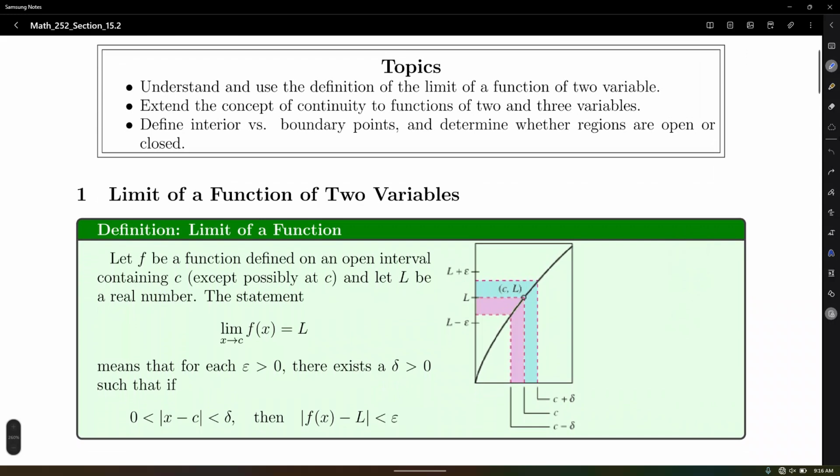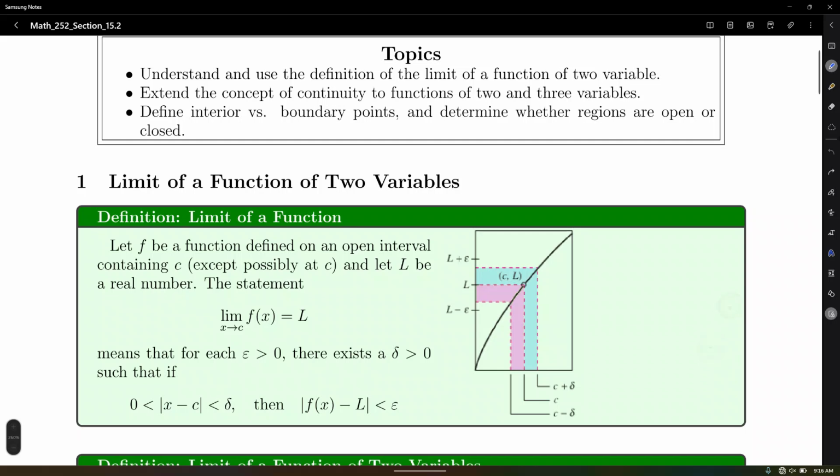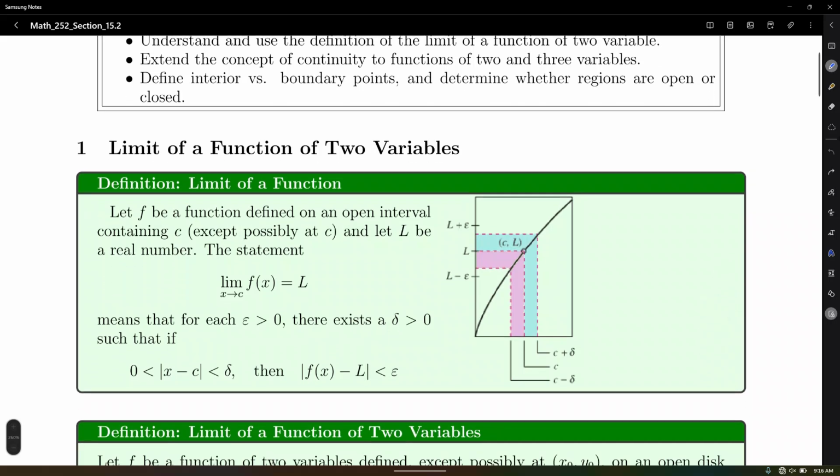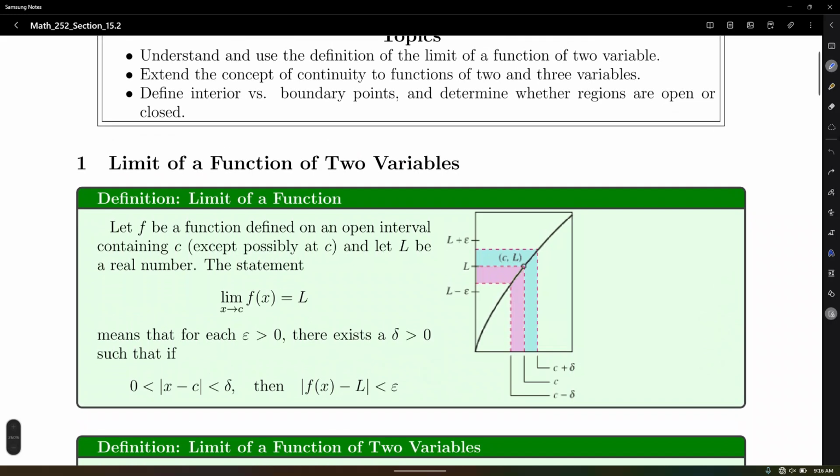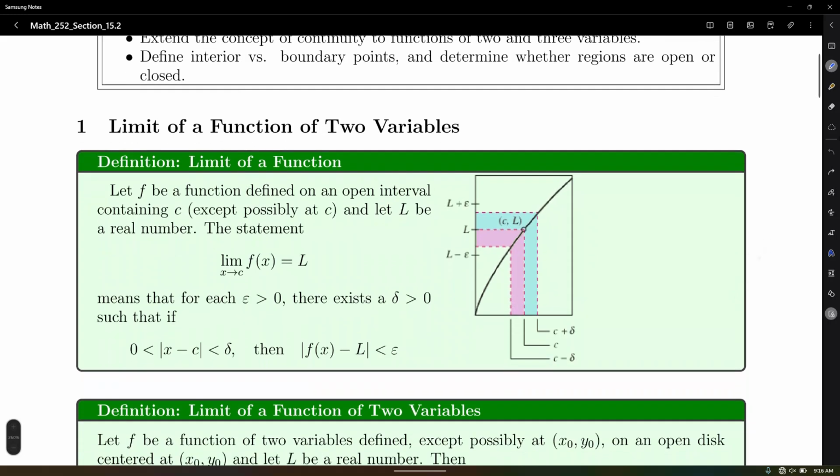we call interior points, boundary points, and, when it comes to regions, open or closed. We need to understand this idea about the boundary points and the regions to evaluate what we call sided limits in two variables. But that's going to be a little different, well, a lot different than the usual. So first of all,